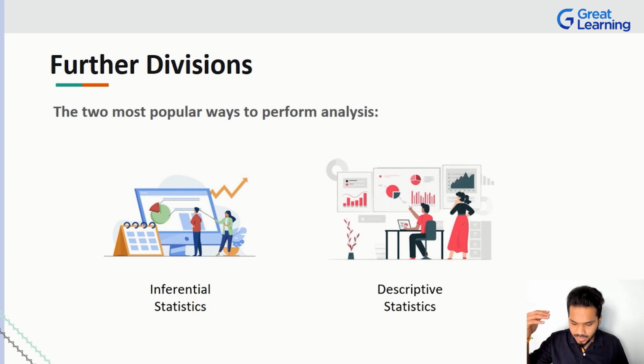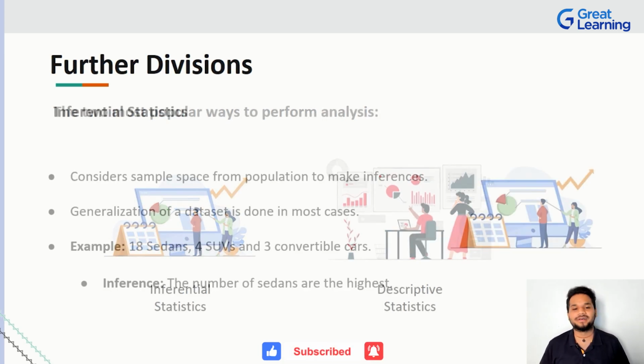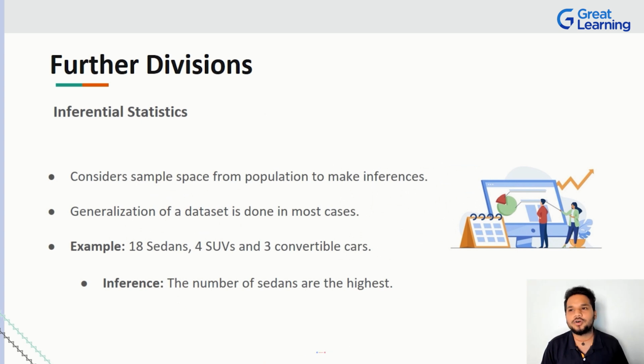Now, in fact, this qualitative and quantitative division is basically for you guys to understand that we can also track a numerical metric and maybe a non-numerical metric as well. But in today's world, the way we actually perform statistics on paper is in 2 ways. It's inferential statistics and it's descriptive statistics. Inferential statistics is what you guys are after, and I definitely know that, right? So what are we talking about? We're going to be discussing this in detail in the next section as well, but let me quickly give you an introduction to tell you the difference between inferential statistics and descriptive statistics, right?